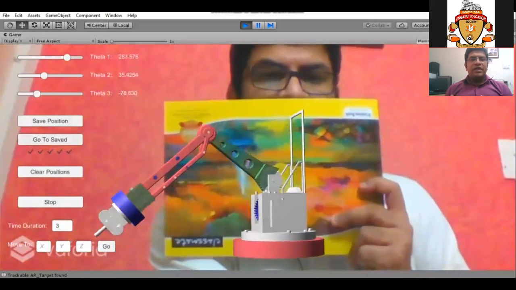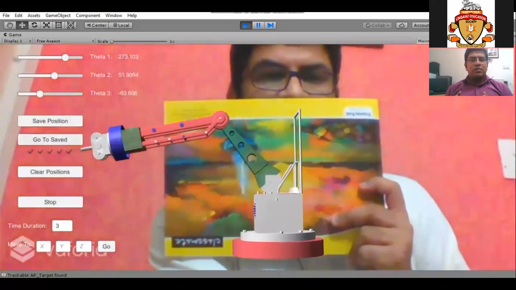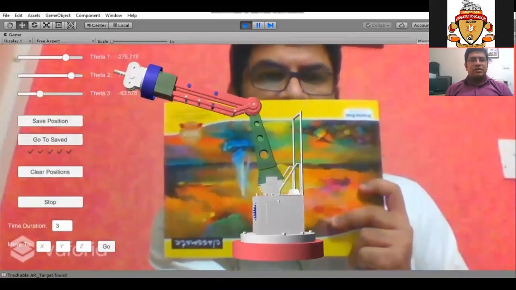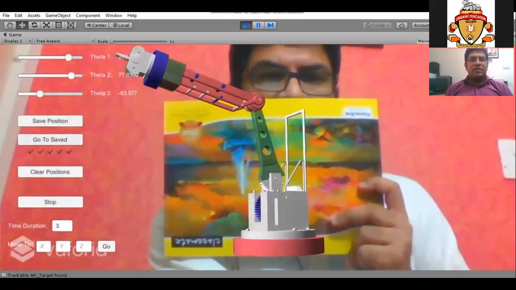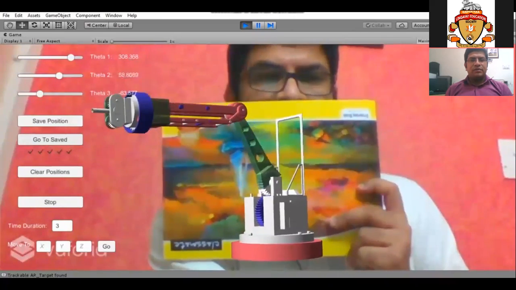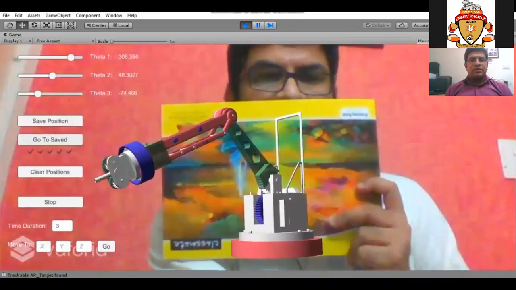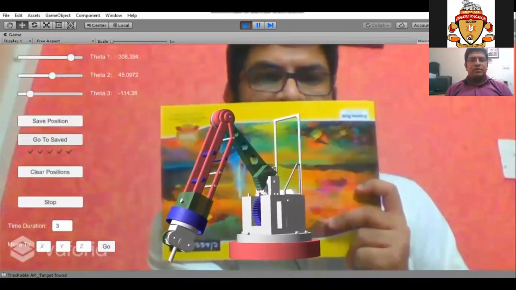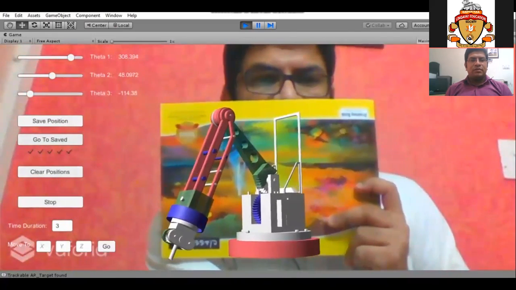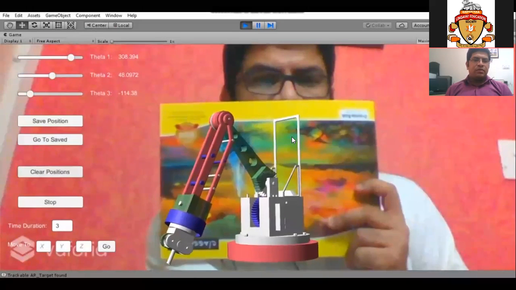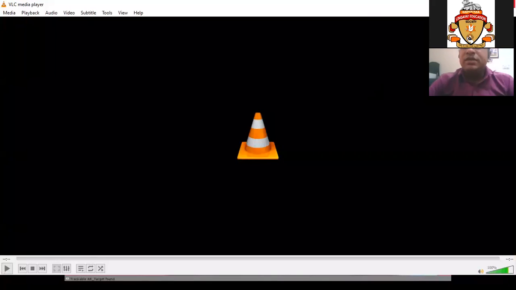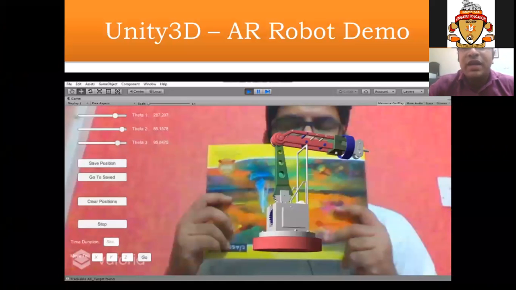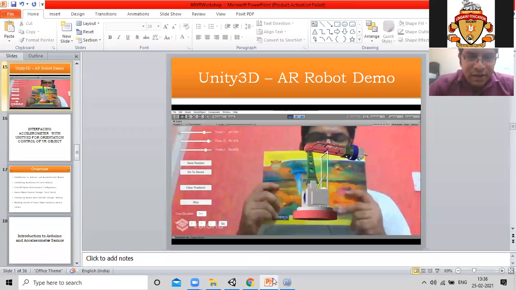Now the robot automatically starts moving in those positions, touching those positions. So it is using its inverse kinematics for that. So this is how we can develop applications. We can implement kinematics and all those things. We can play with AR. Now, how is this done?